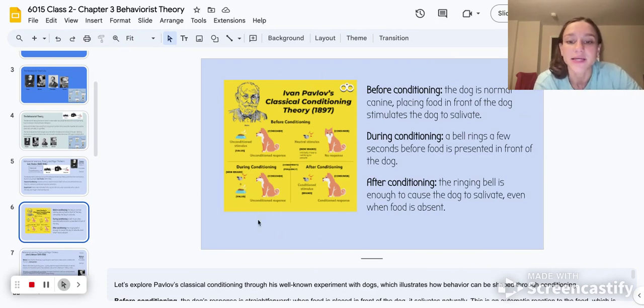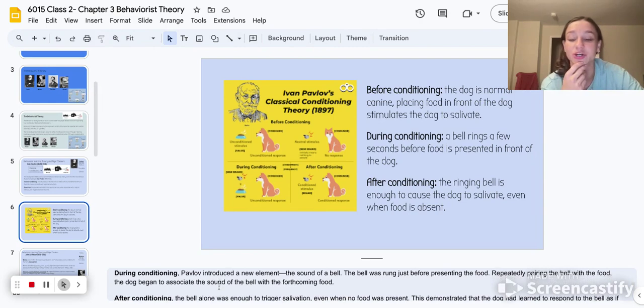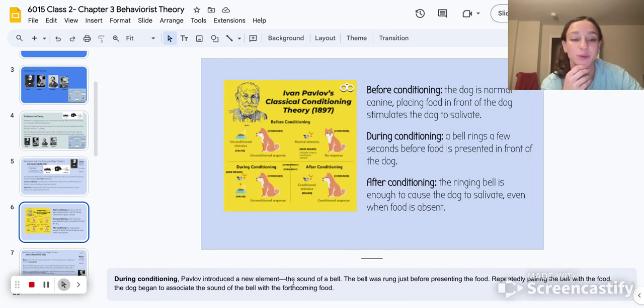Here is a diagram before conditioning, during conditioning, and after conditioning. So before conditioning, the dog's response is straightforward. When food is placed in front of the dog, it salivates naturally. This is an automatic reaction to the food, which is an unconditional stimulus. Then, during conditioning, Pavlov introduces a new element, which is the sound of the bell. The bell was rung just before presenting the food. Repeatedly pairing the bell with the food, the dog began to associate the sound of the bell with the food